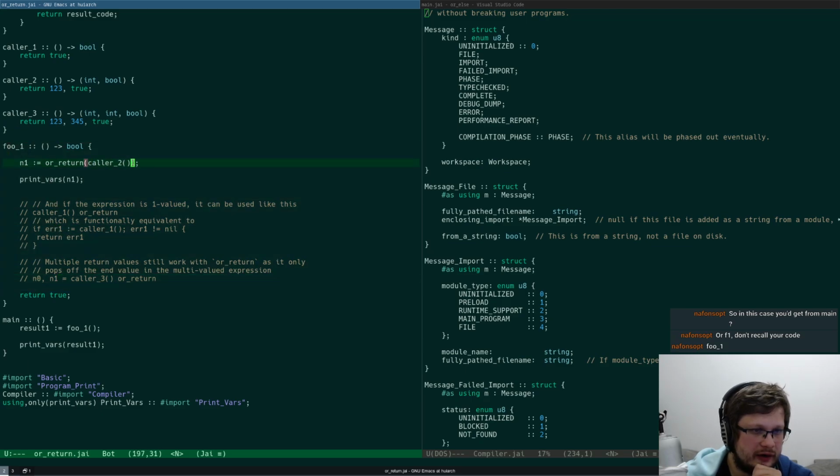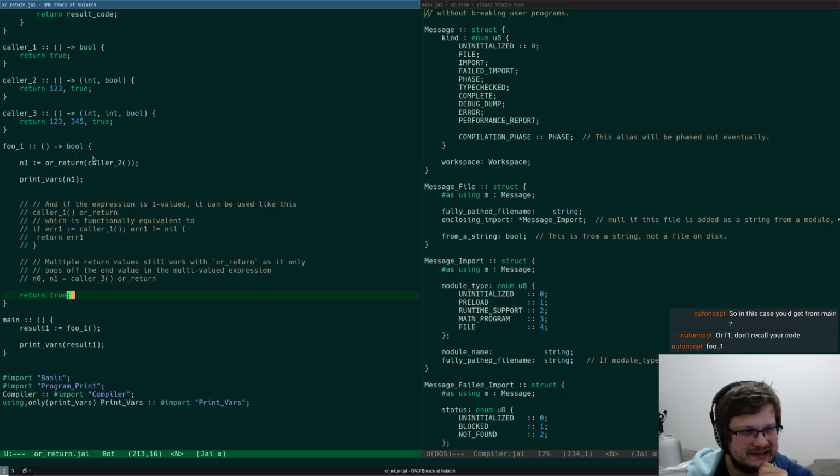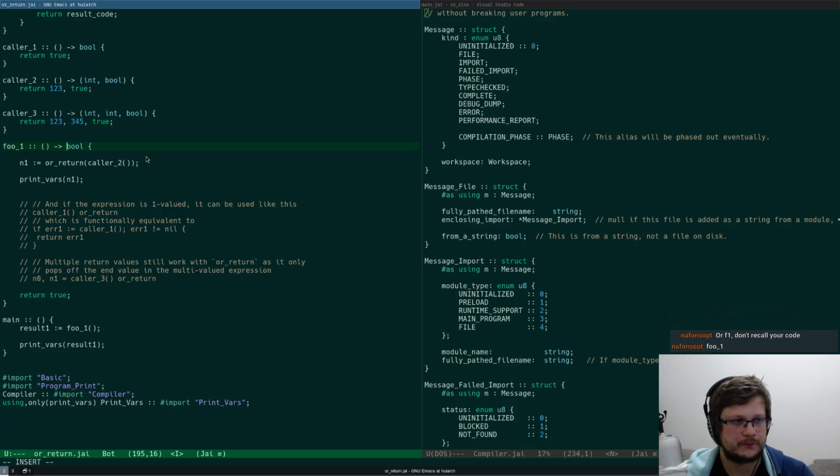I would need to somehow pass here the location of foo, so I can have the same restrictions as audience or return, right? So I can say, okay, you are